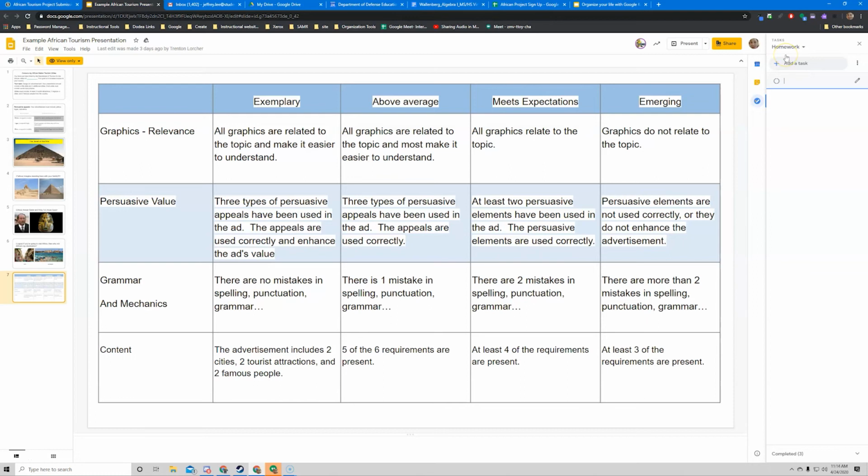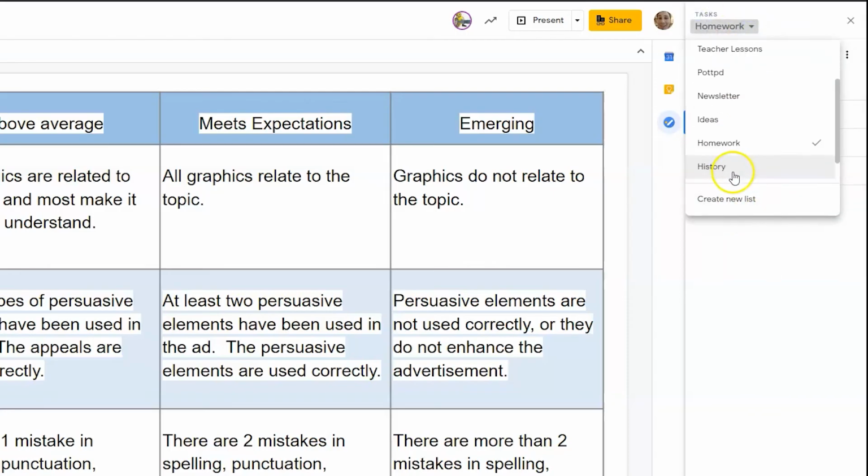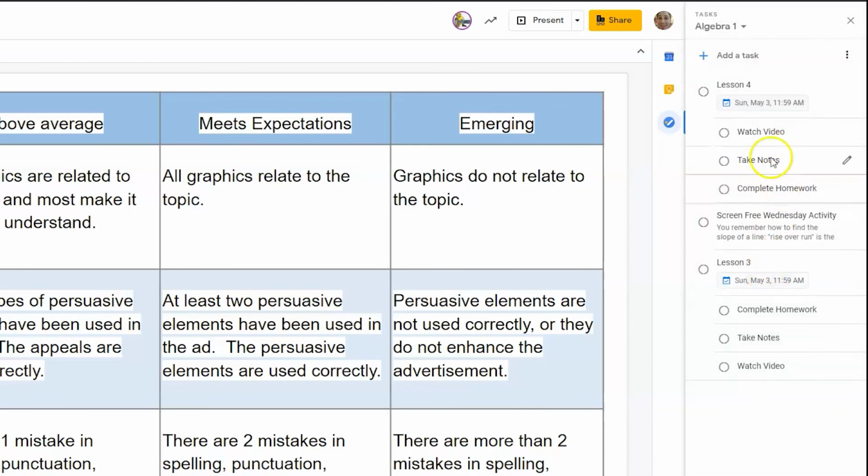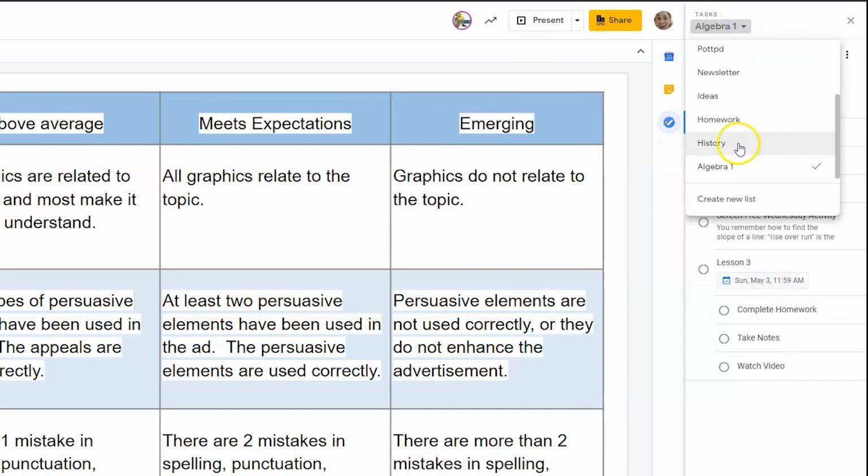So since this is due on the 26th, this African tourism presentation, I can say African tourism, and I'm going to go ahead and put history. And then I'm going to simply put Algebra 1, and I'm going to put lesson 1, lesson 2, and I believe it was 3 and 4 if I look back. Let me look back real quick just to make sure. Go over to Algebra 1, lesson 3 and 4. Okay, so I'm going to go back over to homework, lesson 3,